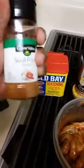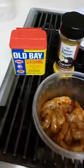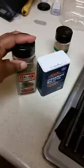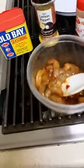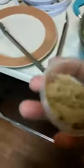Soul Food Season. I think you can get this anywhere. I got this from Dollar General, Clover Valley. As far as the white pepper, you can get that from Food Lion or Kroger's. Italian seasoning, I got this large amount from Dollar Tree. And I got this spice from Piggly Wiggly. It was $1. So a lot of the seasonings is $1. Another seasoning, and you see that the shrimp is butterflied also. And then I have like a tablespoon of brown sugar from the other recipe, and this helps with this